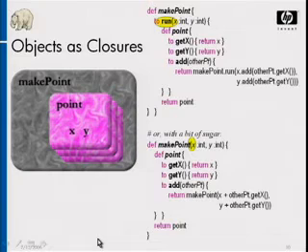Actually, let's go through it. You'll see what looks like function definition sometimes. That's really just syntactic sugar for defining an object with a run method. The function call syntax is really just syntactic sugar for invoking the run method of an object. And when you see operators like plus, it's just syntactic sugar for sending an add method. So really all that's going on are objects and message sends.